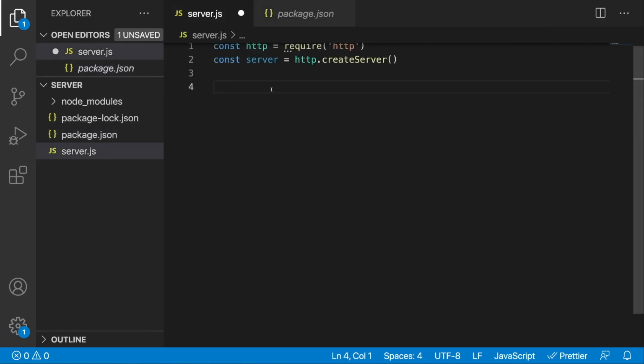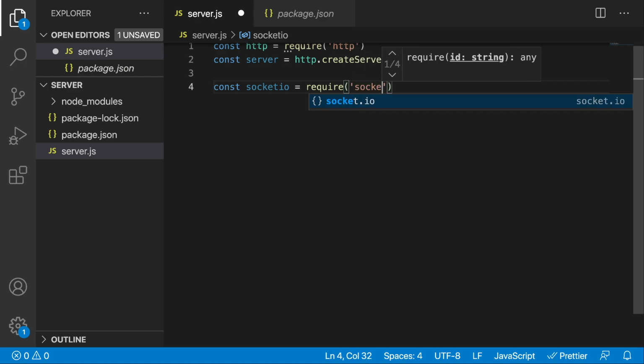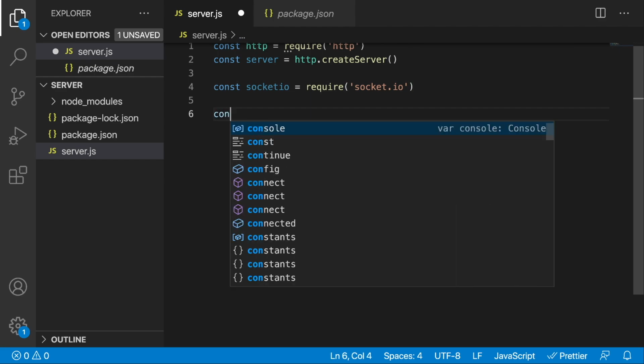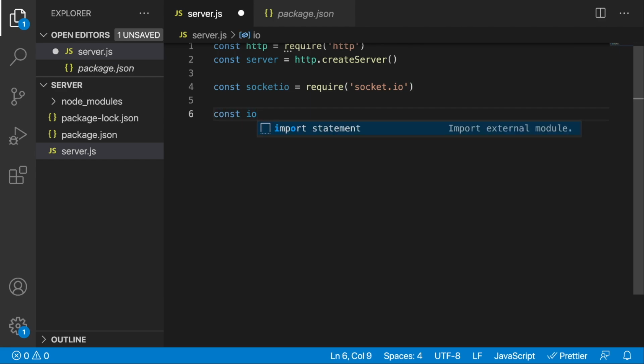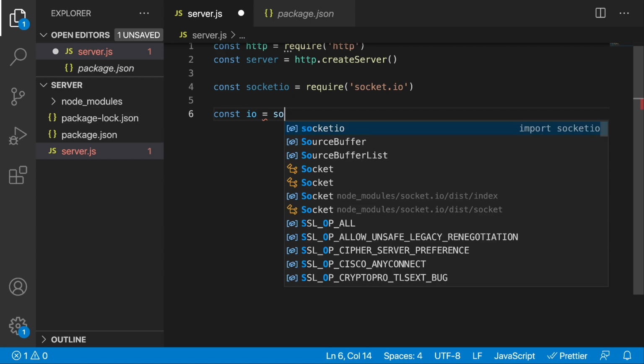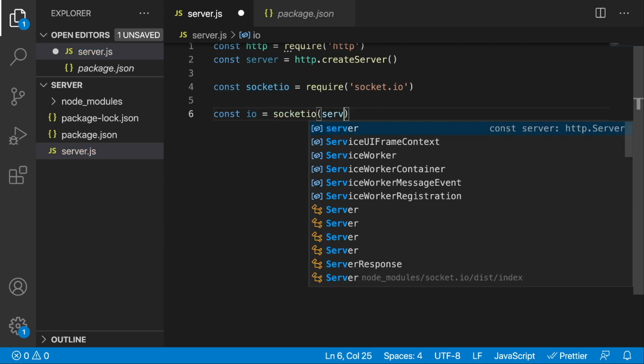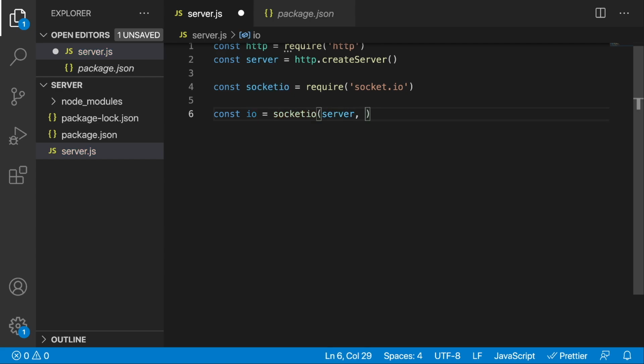So I'm going to create another variable called socketIO like this, and here I'm just going to put in require and socket.io. All right, so we'll need another variable const io, which is going to be equal to socketIO. And now we are going to pass in the server, and we are going to set some properties related to